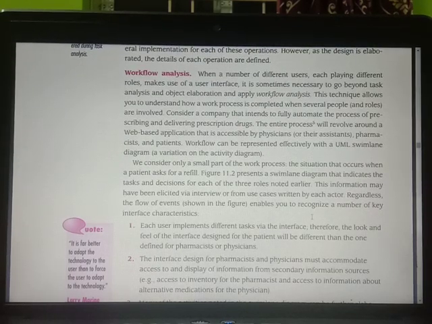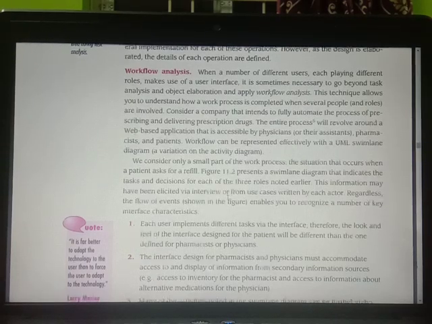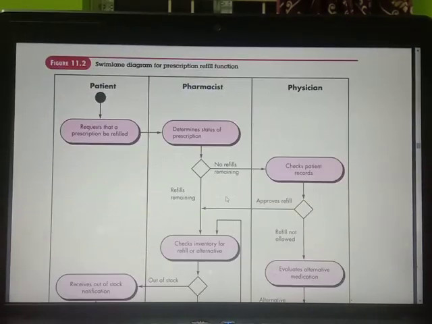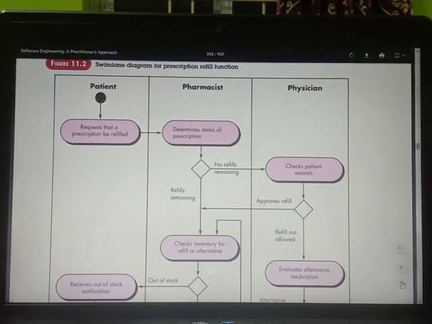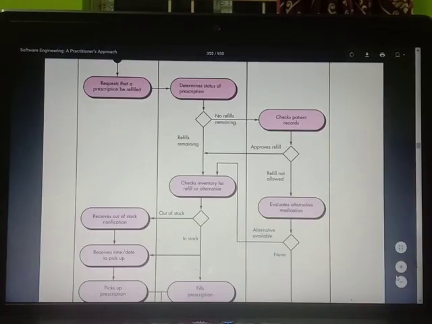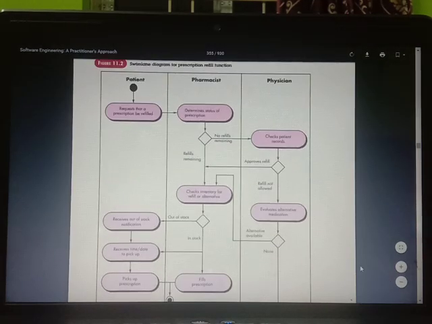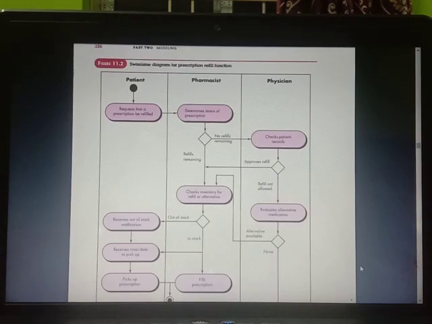So how the workflow can be represented with the help of a UML swimlane diagram like this. So this is the swimlane diagram for the prescription refill function.